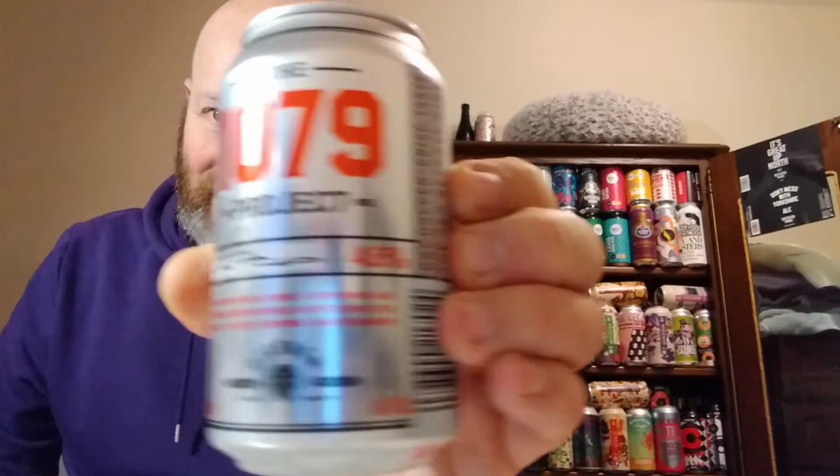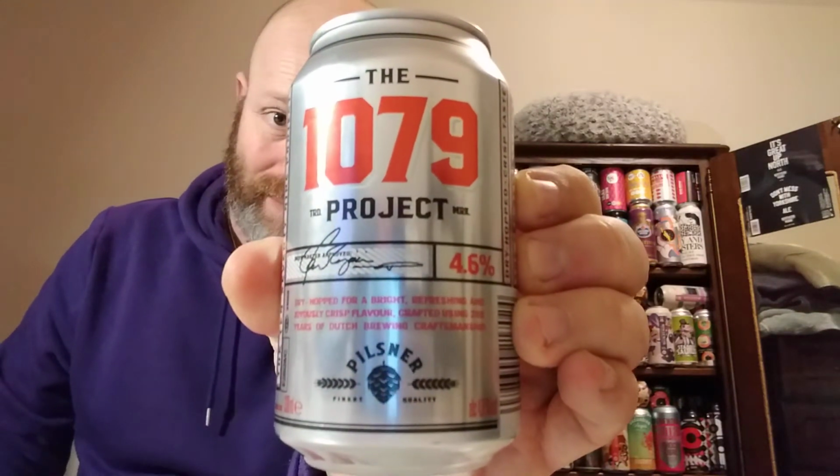And in this one, we're off to Aldi. We have got a Pilsner, and I've had my eye on this for a while. It's one of them things where you go into the store and you see it there and think, I'm going to review that, and you never get around to reviewing it. But I made a conscientious effort to do it this time, and it's the Pilsner, the 1079 project,